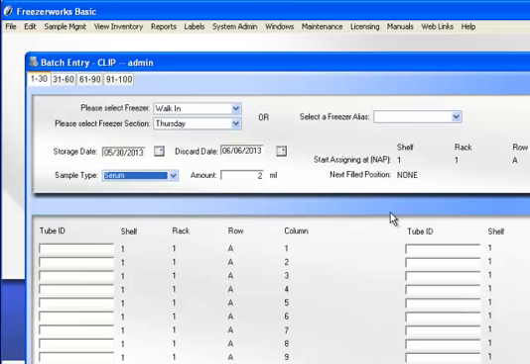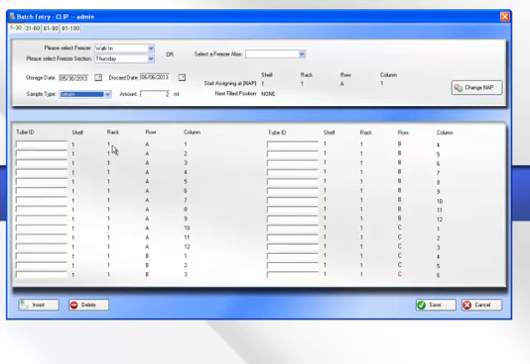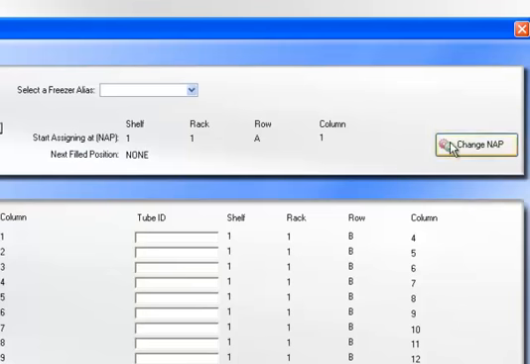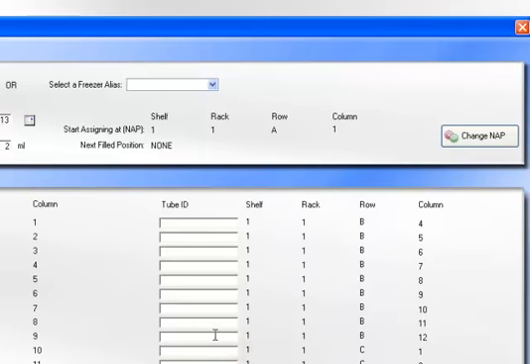So I'm all ready to start scanning, and down here is where I scan. As you can see, I've got a rack here, rack, shelf 1, freezer Thursday, each has one shelf. I'm going to start here at rack 1. If I want to start at rack 2 or rack 3 or in the middle of a rack, I can change what we call the next assignable position, or NAP, here. I could change it to rack 2 or rack 3, but this is my first rack on Thursday. It's Thursday morning, and I'm ready to